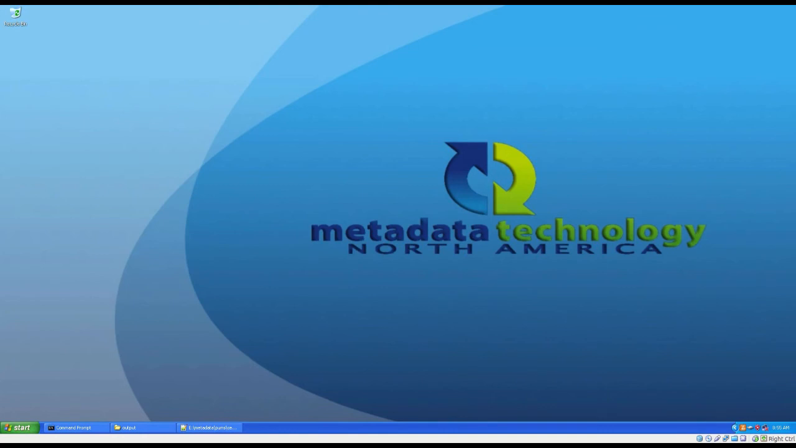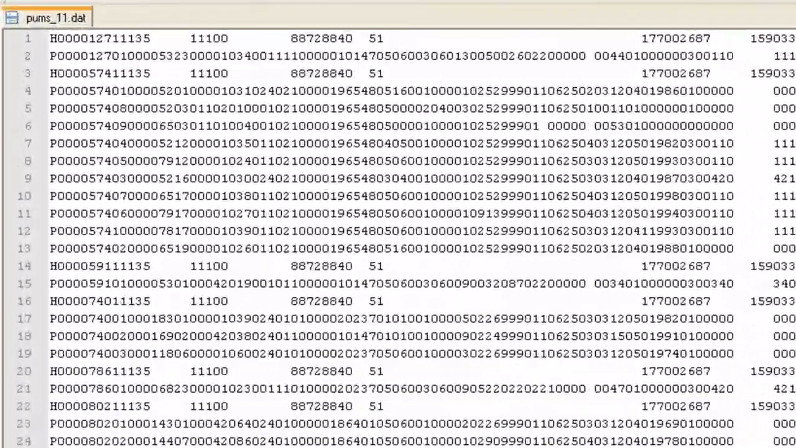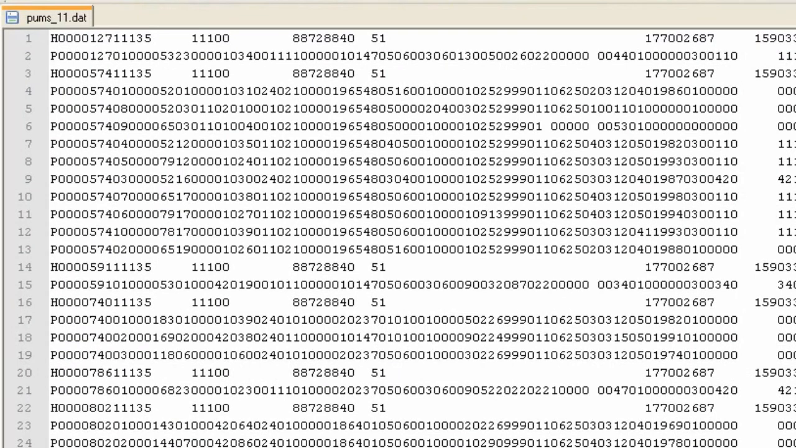To answer that question, we can begin by looking at an interesting data file. Here we have a data file from the US Census Bureau. It's a fixed width file, but a quick look will tell you it's different than the fixed width files many people are used to seeing. This is because the file is actually two files in one. We have records that start with H for household